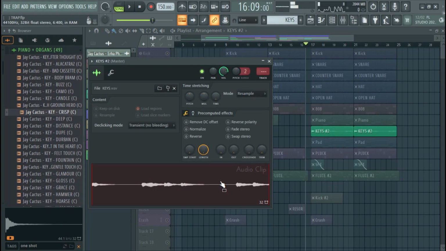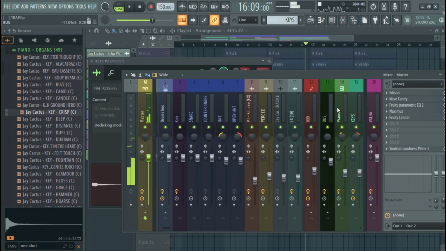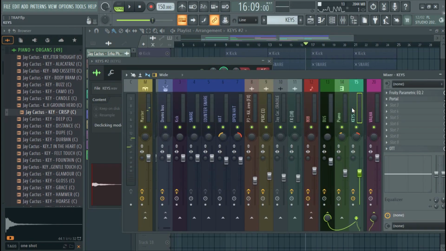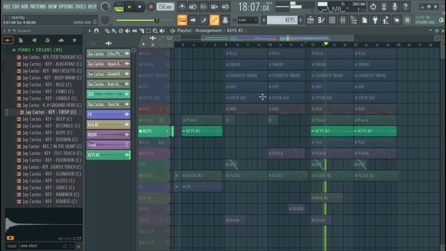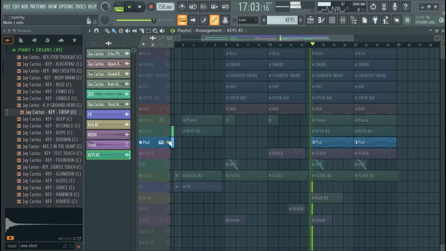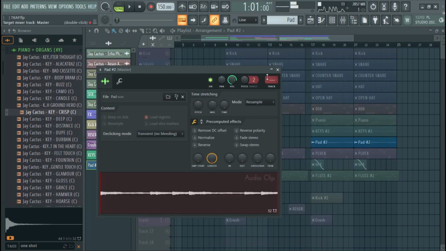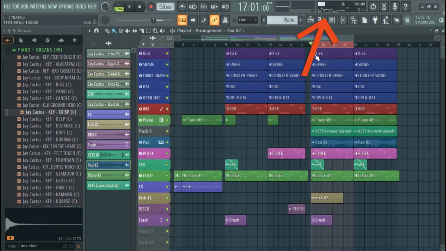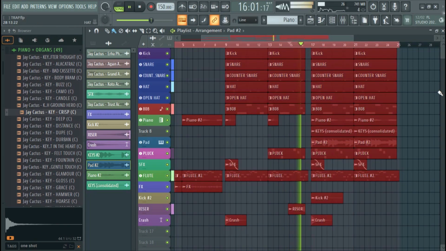After bouncing the audio, you route it to the mixer track where the plugin initially was. Then you're good to go. And you can do this for the rest of the plugins which are taking space, effect plugins and the generator plugins, and this will save you a lot of CPU in your session. More so when you're going